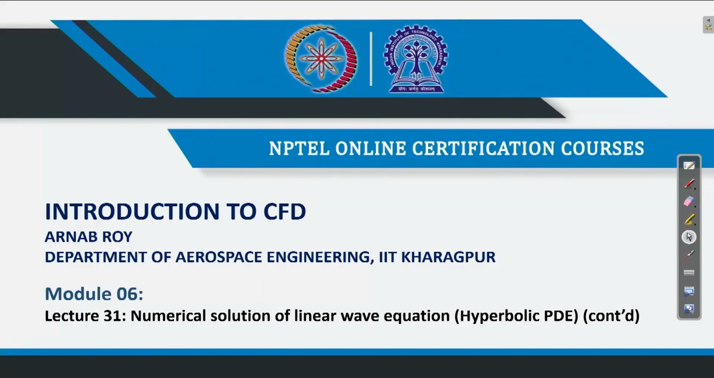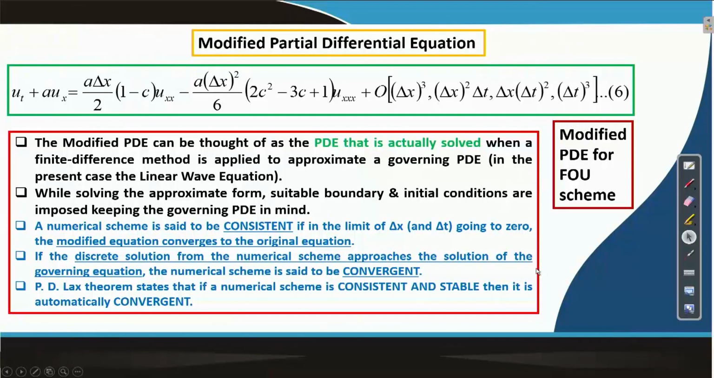We continue our discussion on the linear wave equation in this lecture. In the previous lecture, we had discussed the modified partial differential equation. So, we are revisiting that equation here in the starting slide. We remember that we did it for the first order upwind scheme for discretizing the linear wave equation, and